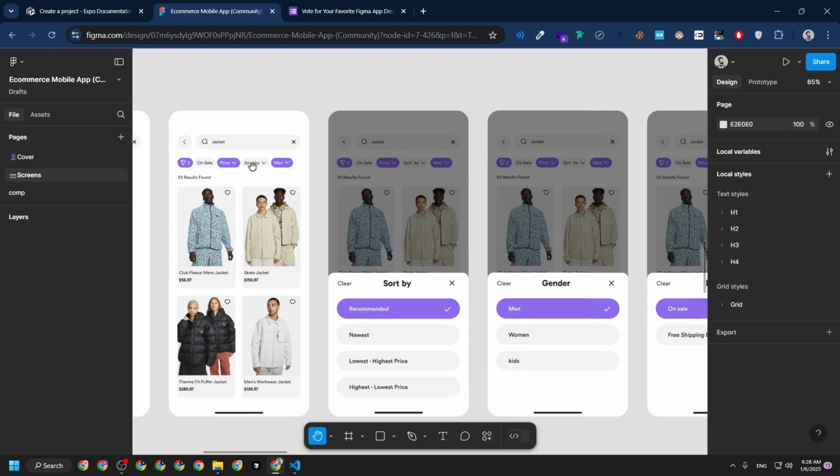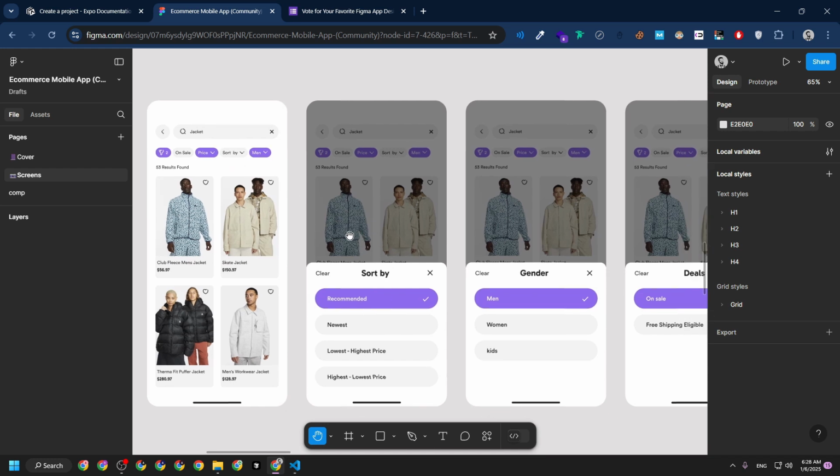So not only that, we are also going to perform some other operations. If we click on the sort by option here, we are going to display this drawer that comes from the bottom of the screen, like this. And yes, when we click on recommended, it is going to show us the recommended products. By default, this is the option. When we click on newest here, we are going to sort them by the newest product items. So the newest created product items are